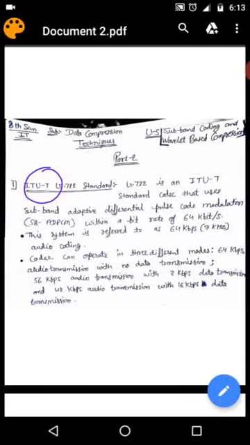Now, what is G.722 standard? G.722 standard is an ITU-T standard codec that uses subband adaptive differential pulse code modulation within a bitrate of 64 kbps. This system is referred to as 64 kbps audio coding. ADPCM splits the frequency band into two subbands, higher and lower, and the signal in each subband is encoded using